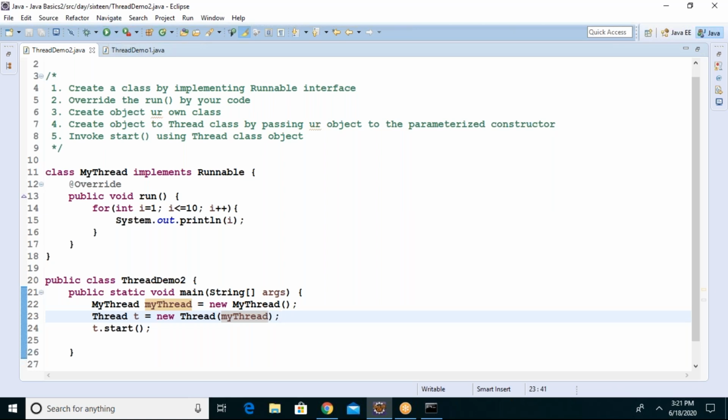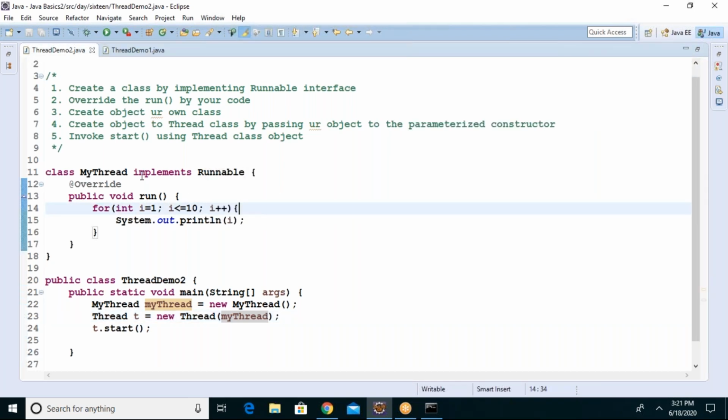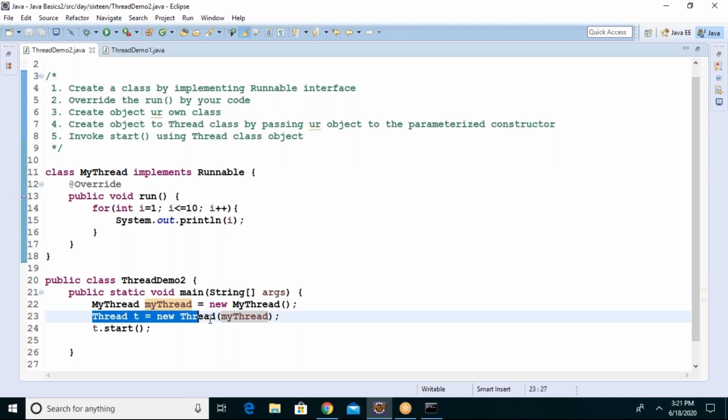Look at it. Check the output, guys: 3, 4, 5. Job is done. One thing you need to understand: when you are creating a thread using the Runnable interface, there's an extra step you need to write, guys.